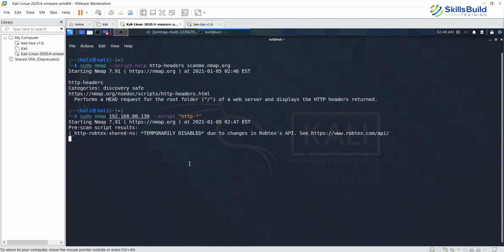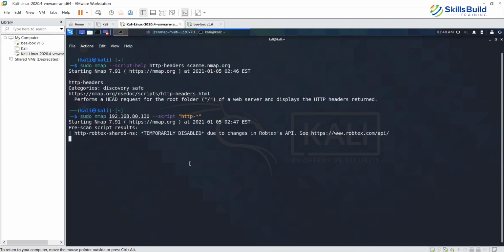Nothing to worry about, because you're running a whole bunch of scripts against this particular system, so you'll have to be a little patient. It's nearly 50% done.